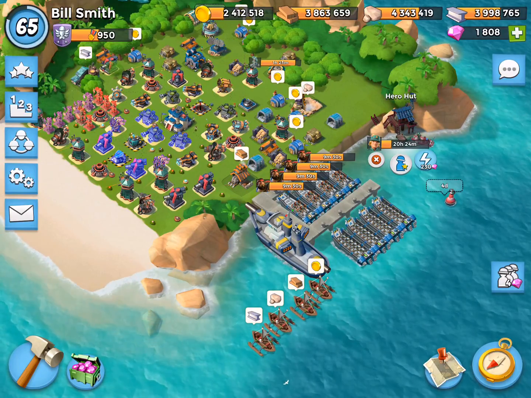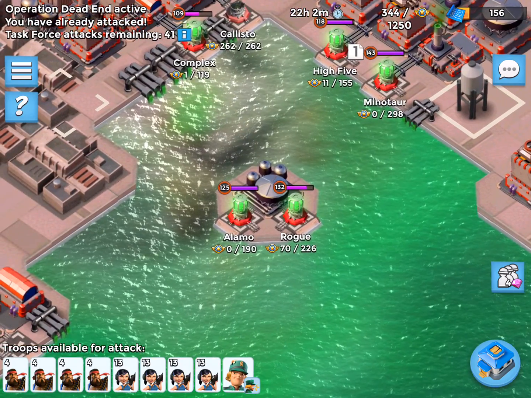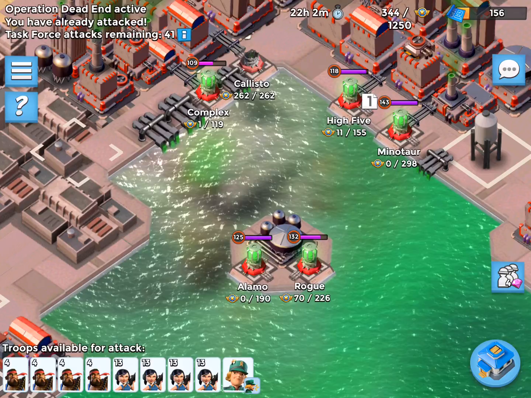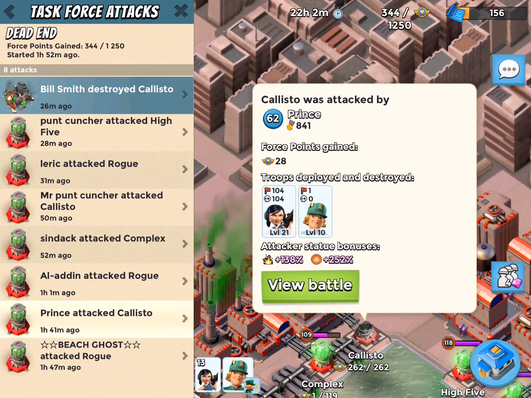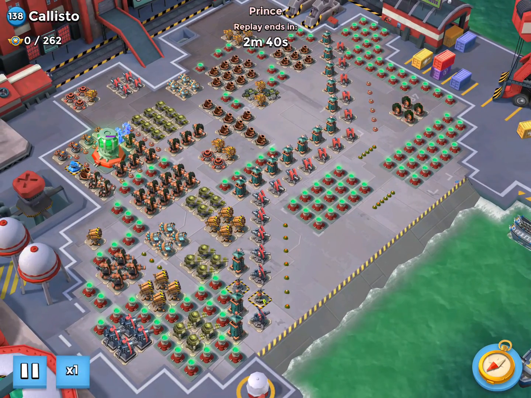Hello everybody, I'm Bill Smith again, and today I'd like to show you an operation attack on my main account. Today as usual, we're tackling Dead End, and actually I just took out Callisto with Zooks and Sergeant Brick. It was pretty fun. So, some setup here, and pardon me, I have a cold, but either way,